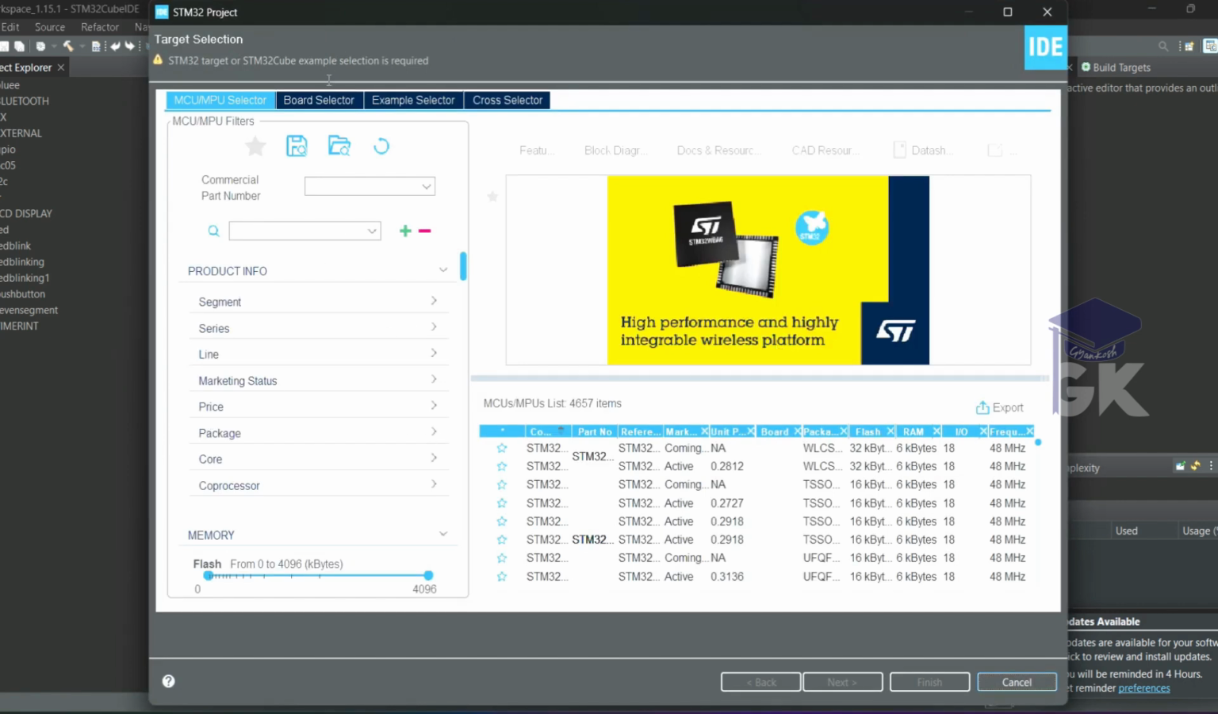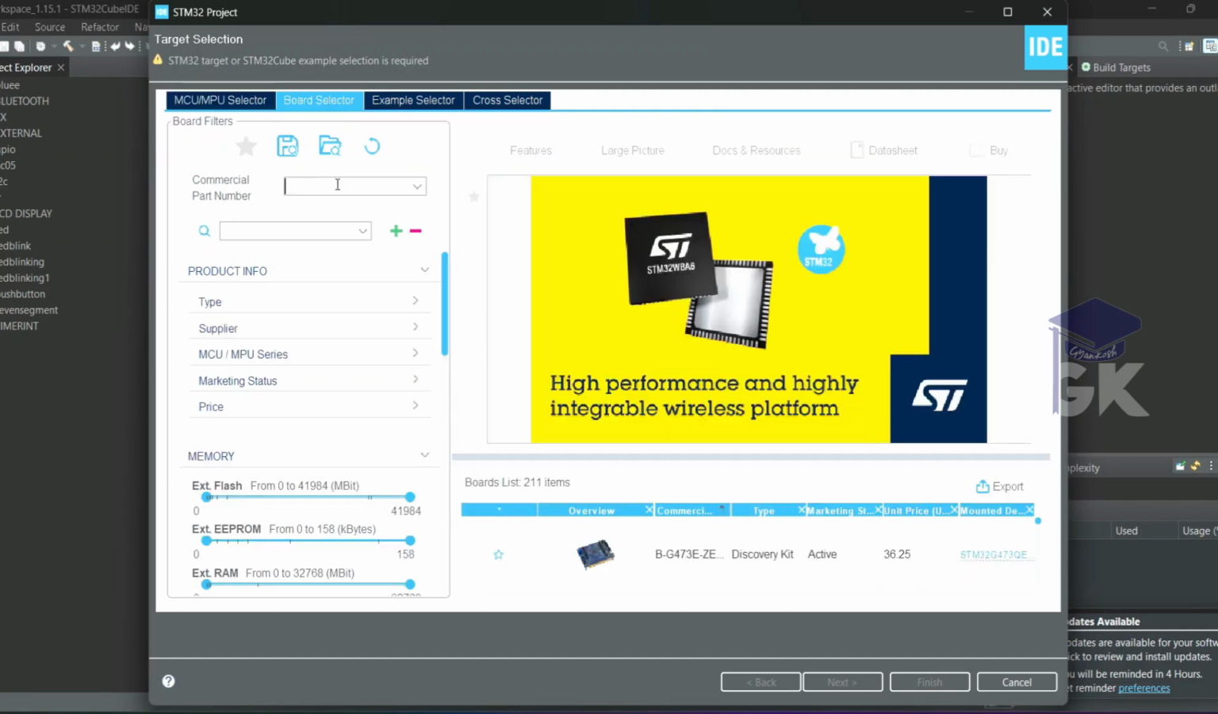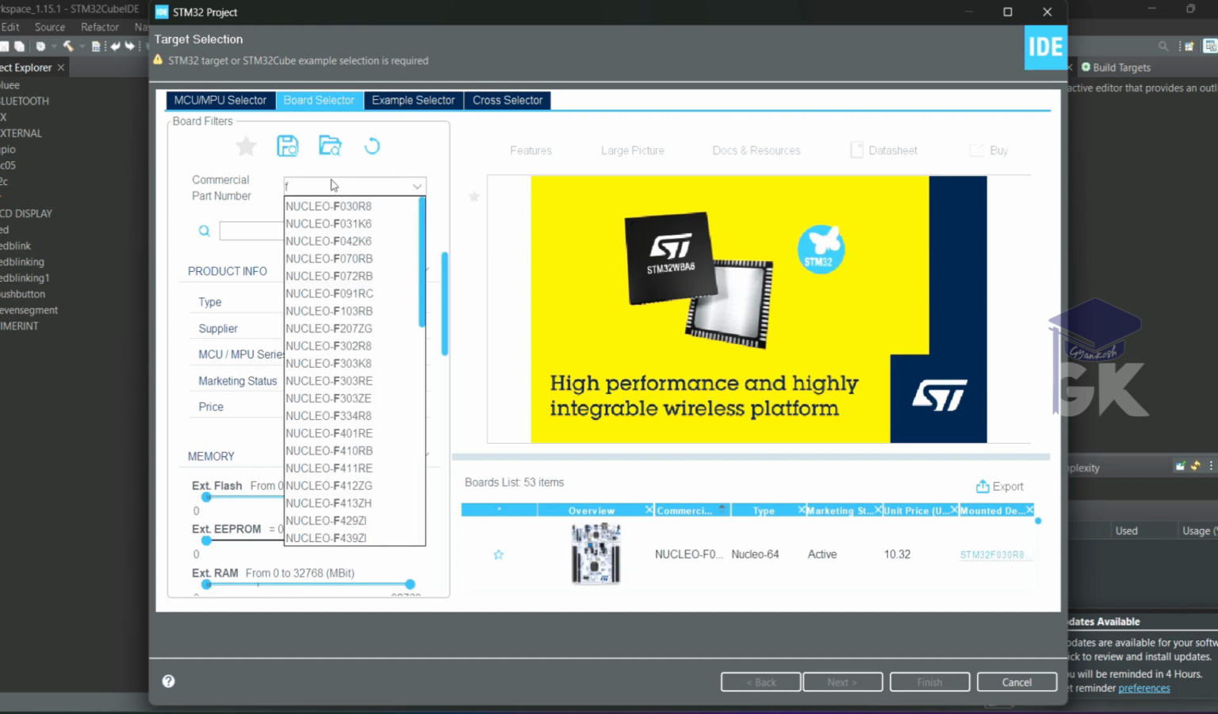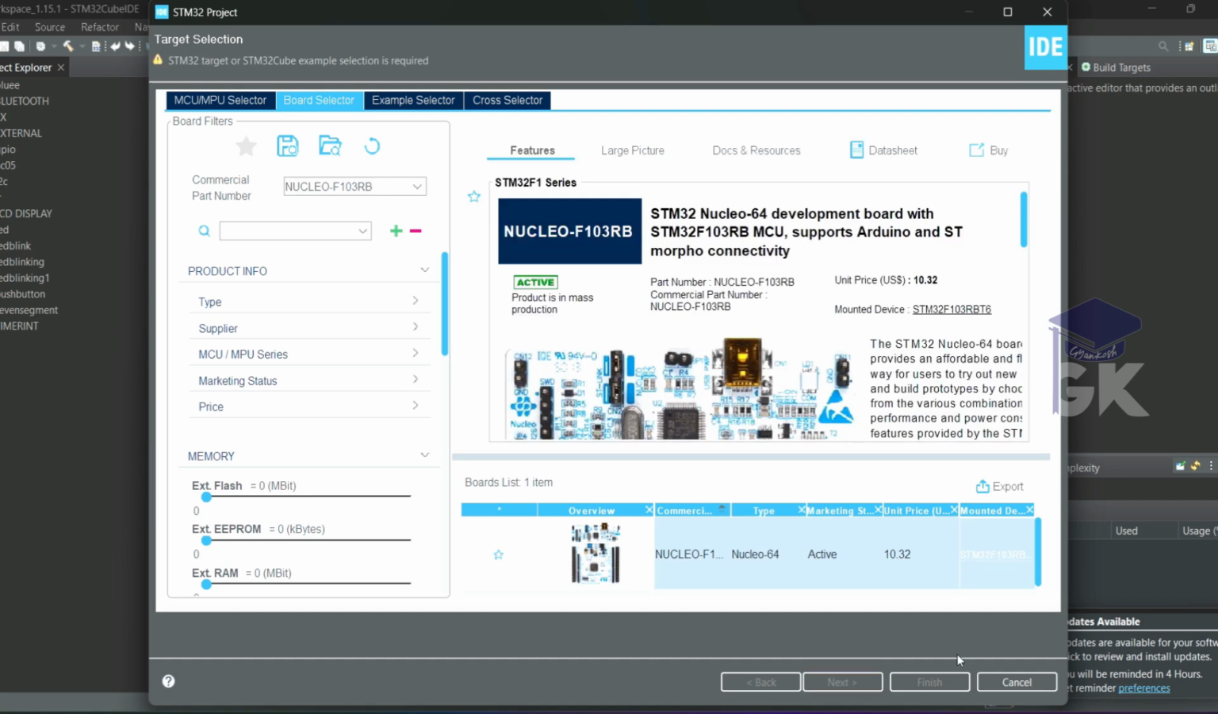Once it is loaded, go to board selector. Here you need to enter the number of the board which you are using. Here we are using F103RB. Click on that option. Next you need to click on this number. Okay. Once you have clicked,